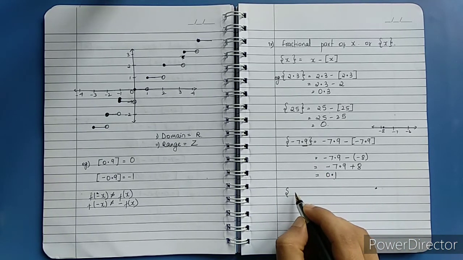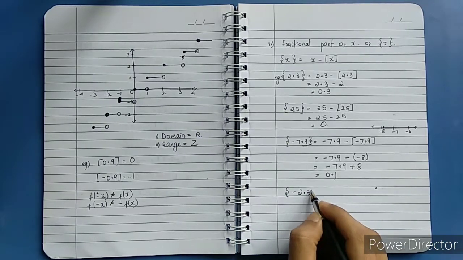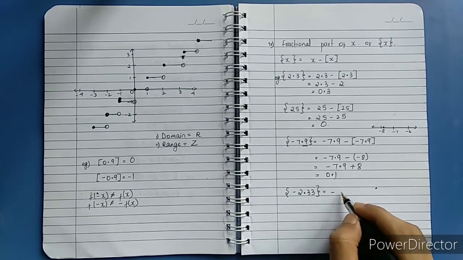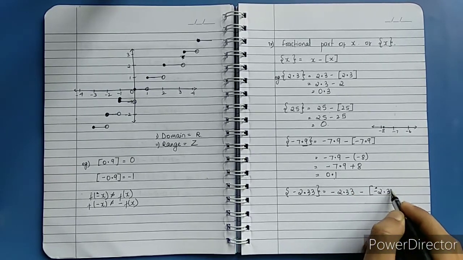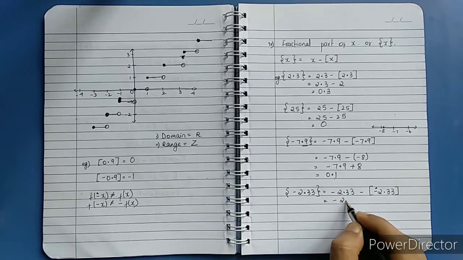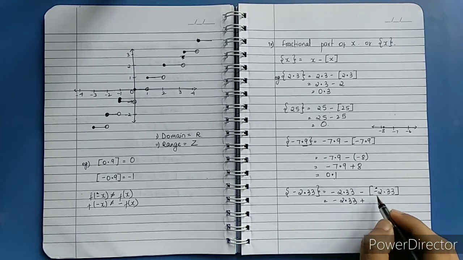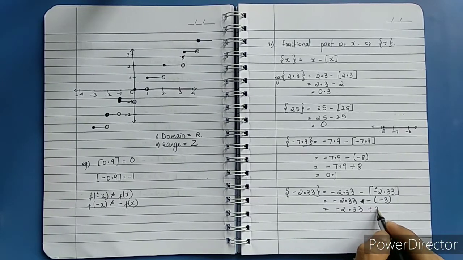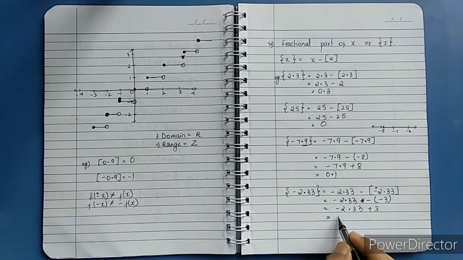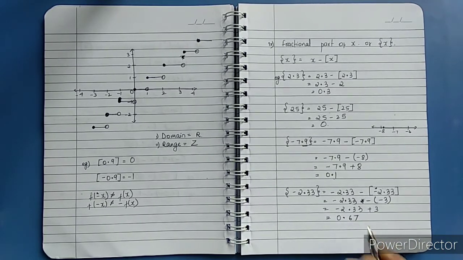Say we have fractional part of minus 2.33. So we'll get this as minus 2.33, that is x minus floor of minus 2.33. So this becomes minus 2.33 plus 3, as the floor's value is minus 3. So 3 minus 2.33 is basically 0.67. So this is how we find the fractional part of x. So to write this in a graph,